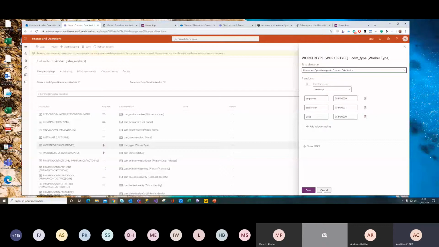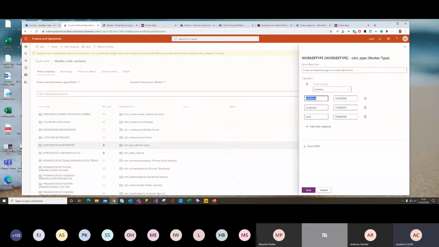So here it's the option set, and here it's the value of finance operation. When you have employee type on the worker type field, you want to have this value of the option set in CDS.